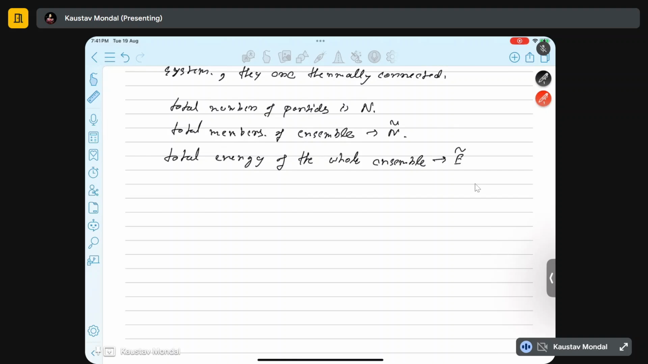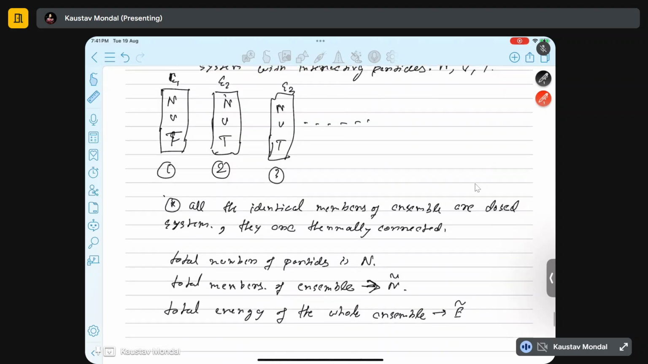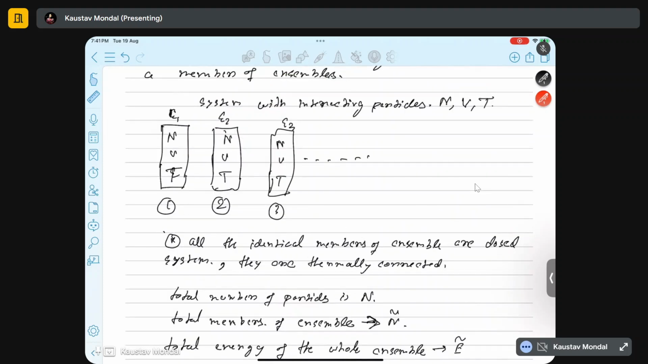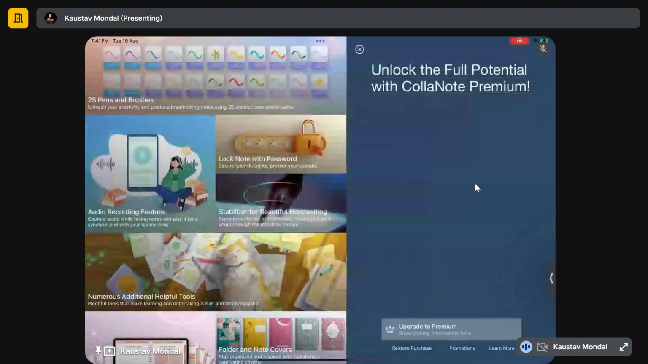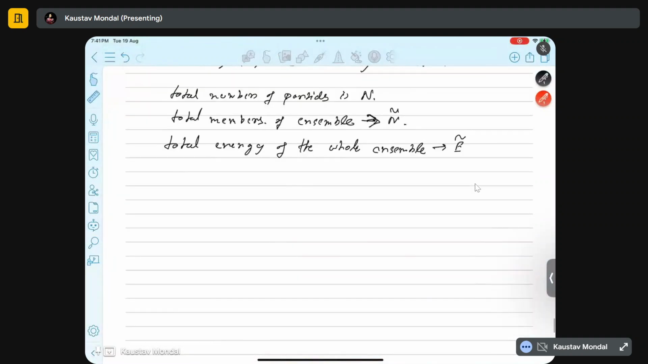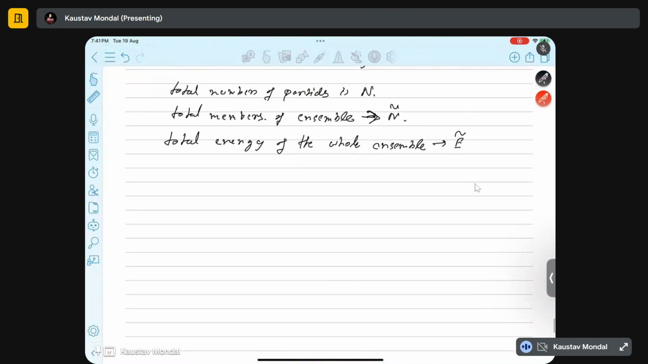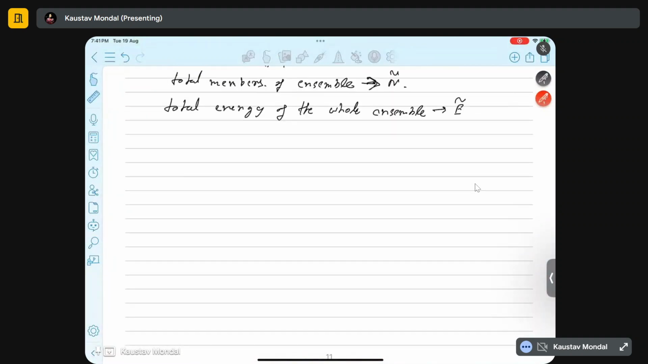Ensemble is a single word, a single thing. This whole thing is called an ensemble, and each of these things is termed a member of the ensemble. Each of the systems inside the ensemble. Okay. So now let's suppose ñ1